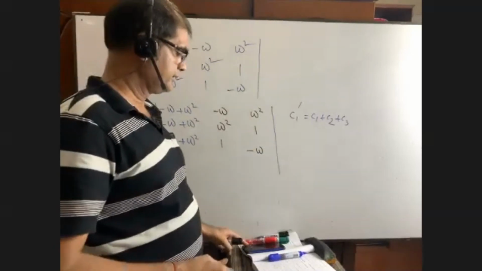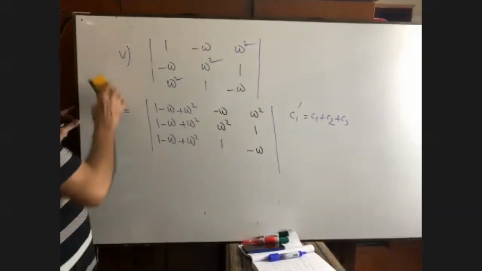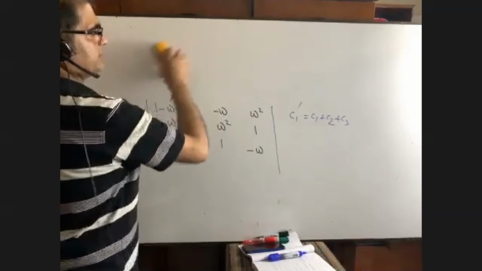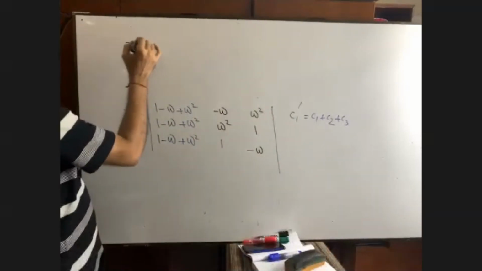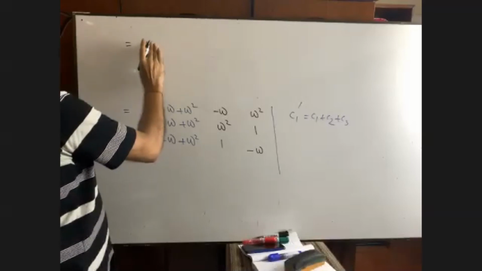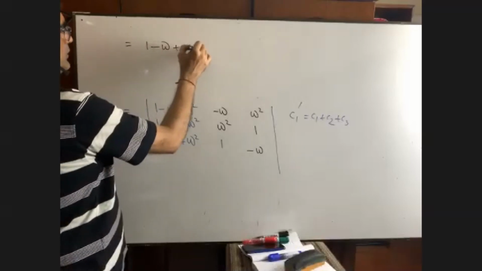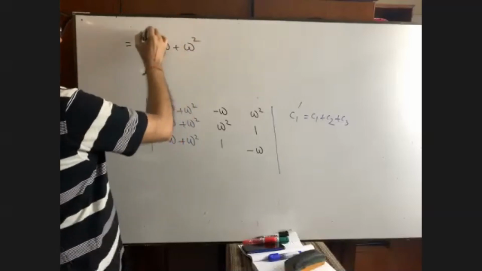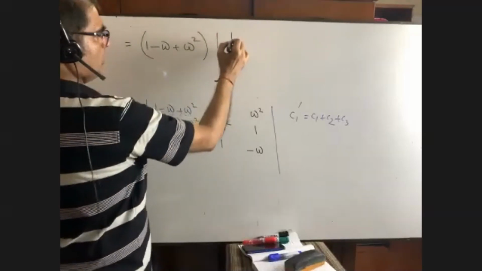Is it okay? I think you have copied it. Yes, sir. Now, what can be taken common? It is that 1 minus omega plus omega square can be taken common, where we will get 1, 1, 1